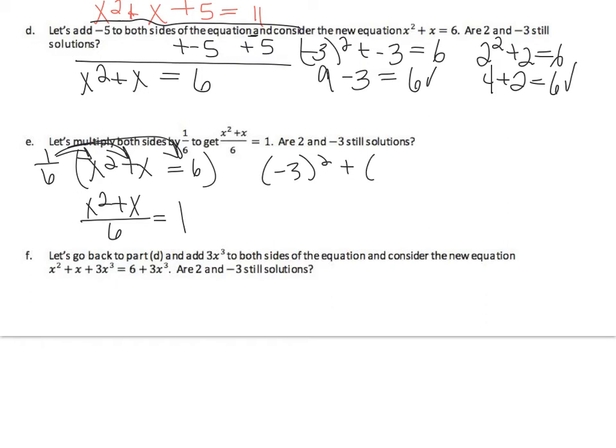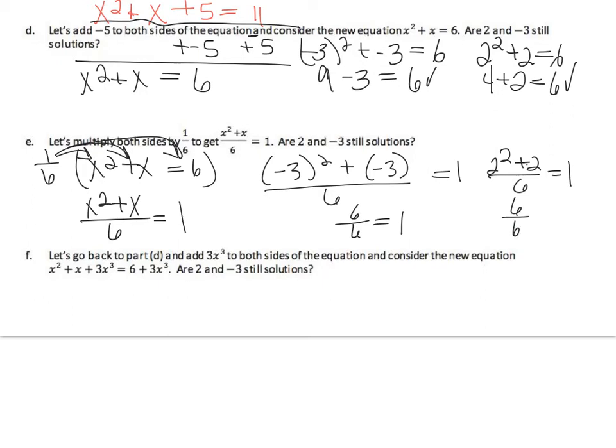Negative 3 squared plus negative 3 over 6 equals 1. 9 minus 3 is 6. Does in fact equal 1. And then substitute 2 squared plus 2 over 6 equals 1. 4 plus 2 is 6. Over 6 equals 1. All right, let's go back to part D, which is just above, and add 3x to the third power